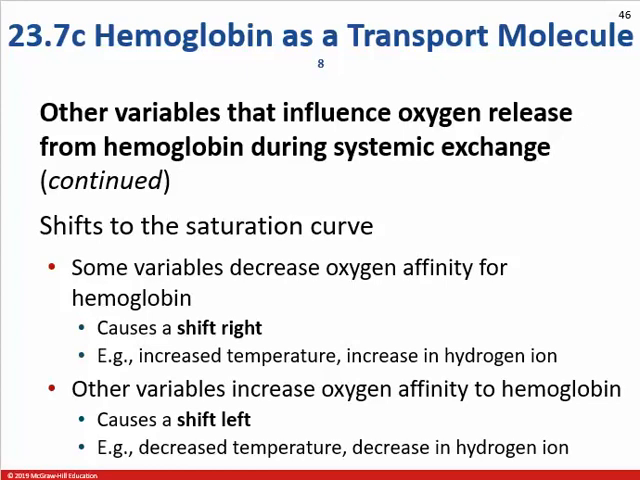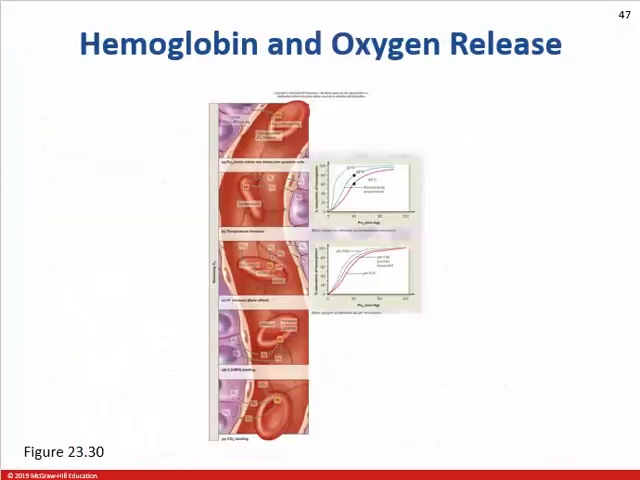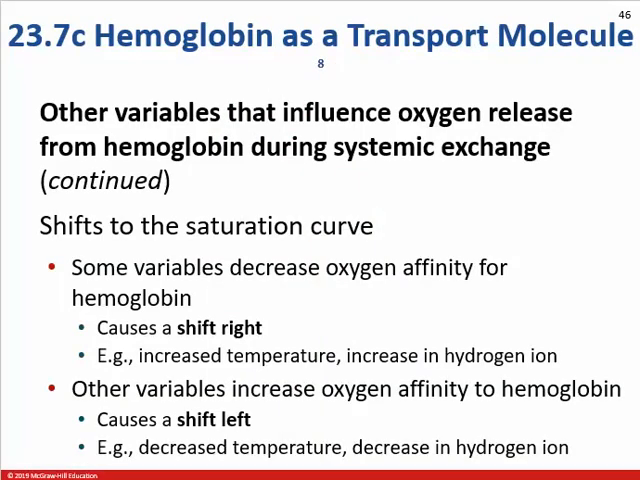So we call this shifts in the saturation curve, moving it left, moving it right. It shifts right with increased temperature and increased hydrogen ion, so decreased pH. It shifts left, cooler and alkaline. Now, carbon dioxide is not as affected by that as much, but carbon dioxide affects the affinity for oxygen as well. So if there's more carbon dioxide, it shifts to the right as well and gives up oxygen. So your gluteus maximus will have lots of carbon dioxide, which will shift to the right and make it easier for the blood to give your glutes